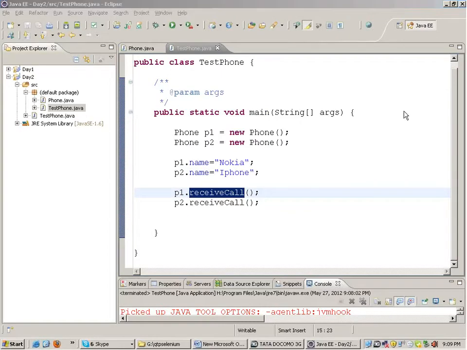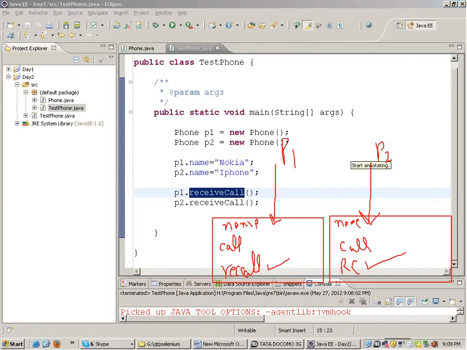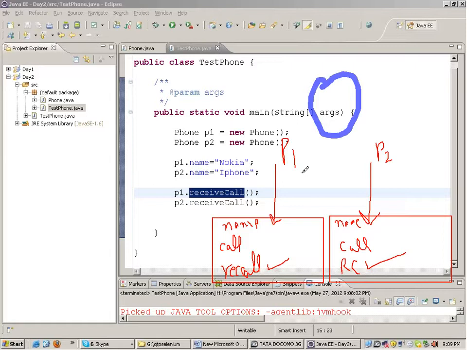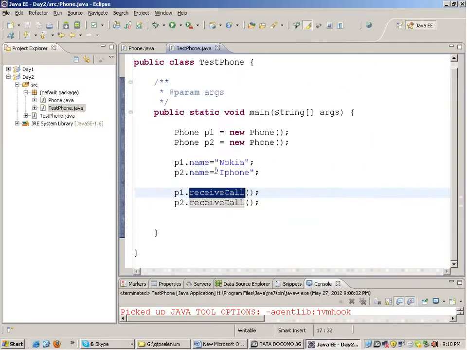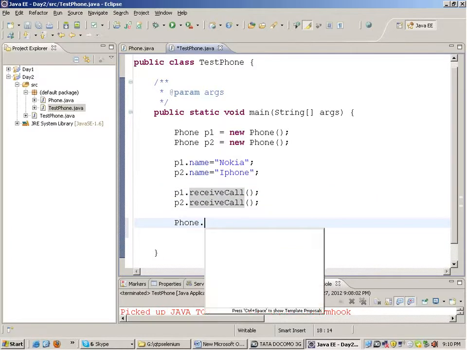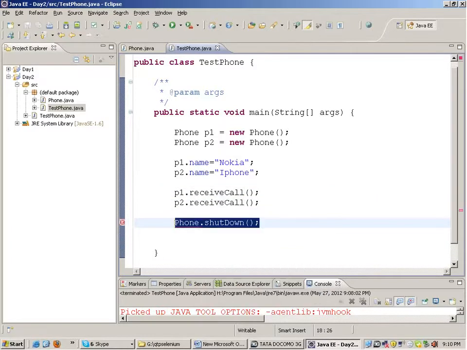So what will happen is that this static function will lie somewhere out here in the memory at a common location, and all the objects will communicate with this function at the common location. Okay, so to call the static stuff, I can directly write the name of the class, that is phone.shutdown.